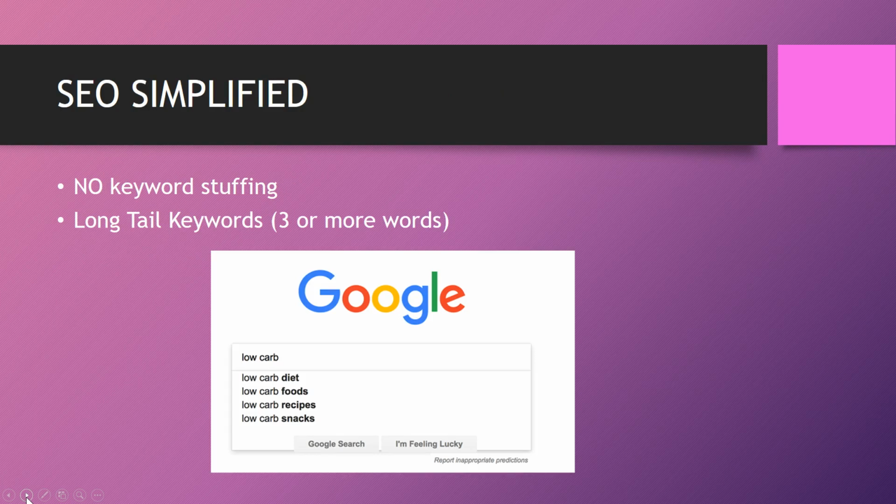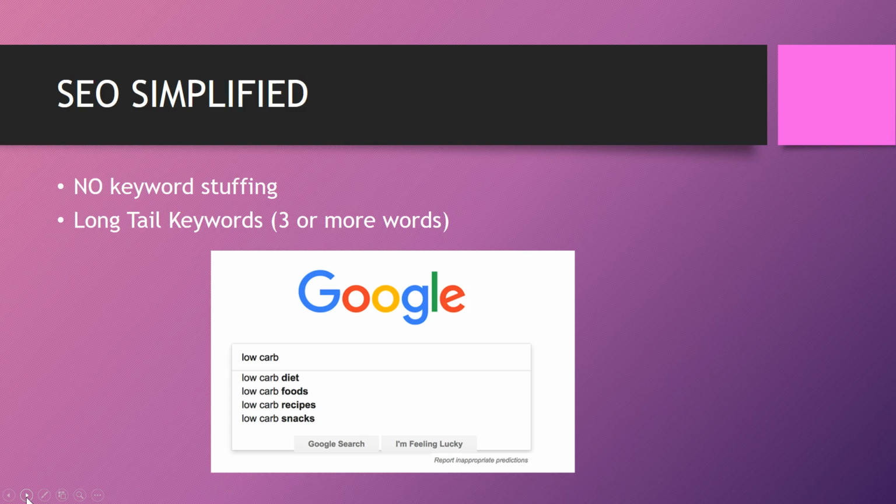Basically, what you need to do is no keyword stuffing. You see, back 10 years ago, when you would go and type in something on Google, and then you would see all on the first page, all these different articles and blog posts and websites come up, and you would click on one of the posts or articles, and it would be virtually unreadable because every other word had a keyword in it. And what Google started doing with the advent of social media, with Facebook and Twitter and YouTube, they realized that people were looking for high quality and engaging content.